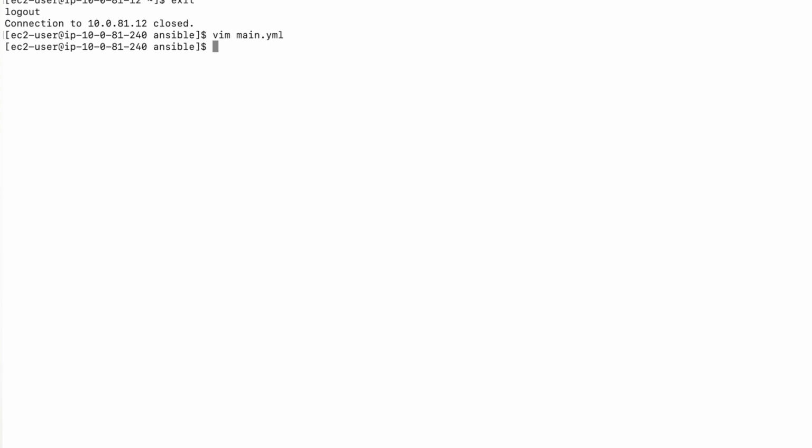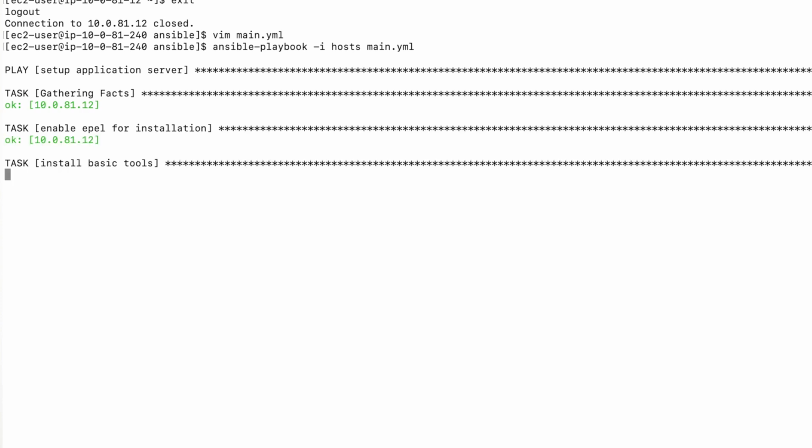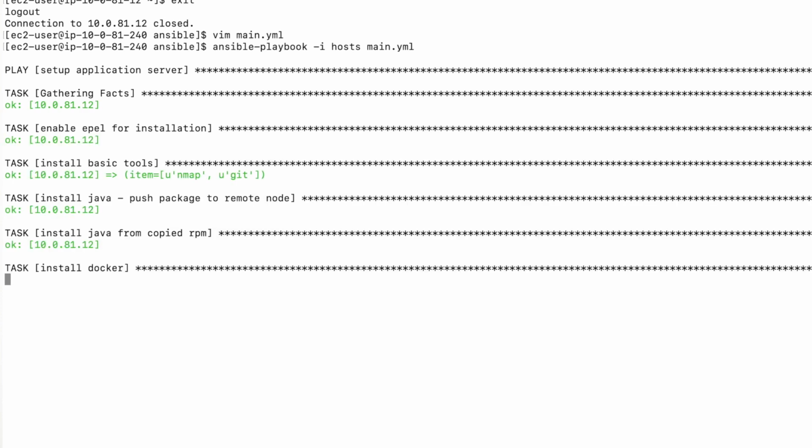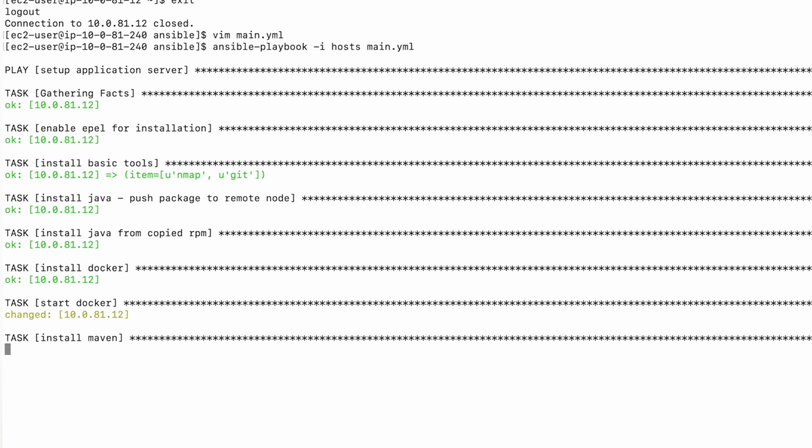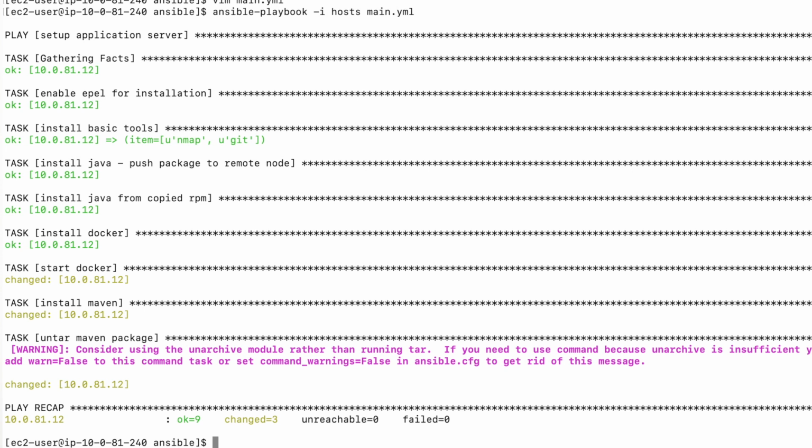If you want, we can see why. You can go here, and this playbook is also idempotent, so you can execute it any number of times. It doesn't try to reinstall again and again, right? So you can see all those tasks from last time come as okay. It doesn't change anything. Now you can see start docker is changed, so that means it worked. Now it's installing Maven on that node, but keep in mind it will install and extract it, but looks like